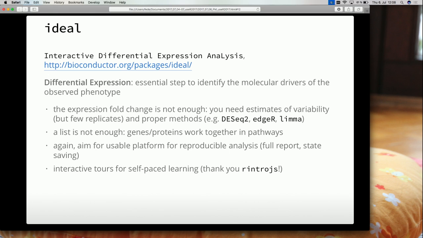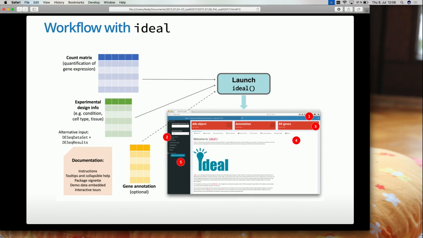And thanks to Carl Ganz, if he's listening or if he's here, for implementing the beautiful rintrojs package, which I use for that. So to use it, you just need two things: your count matrix and the experimental design information. And then you just launch the package, so it's 2 lines to install, 2 lines to launch, and there is some kind of layer of documentation. And if you want, instead of using, say, cryptic gene identifiers, you can use gene symbols, and